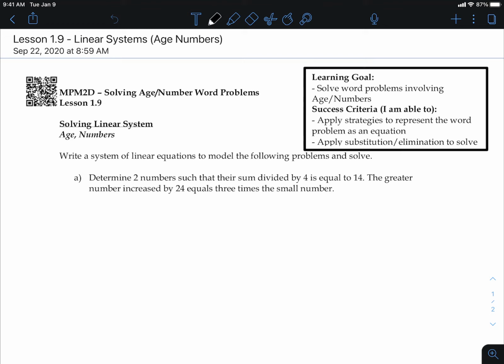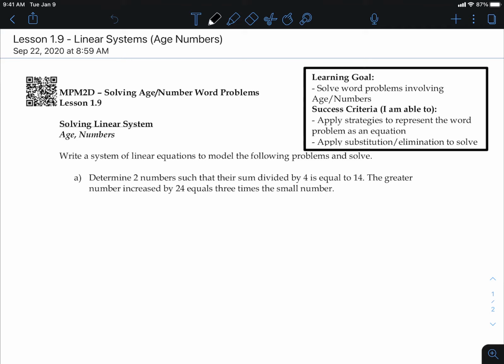Okay, so you're going to write a system of linear equations to model the following problems and then solve it. You want to determine two numbers such that their sum divided by 4 is equal to 14. We are kicking it up a little bit because this isn't as straightforward now. It's not x plus y this time, right? And the greater number increased by 24 equals 3 times the smaller number. This is a little bit harder, more order of operations here, but the idea